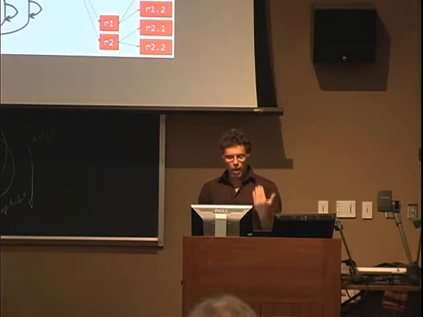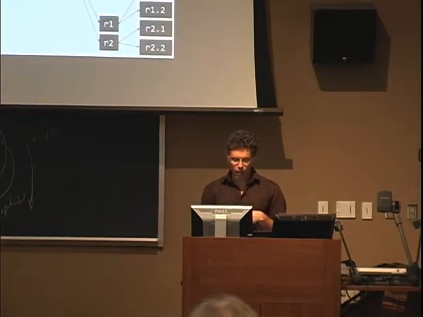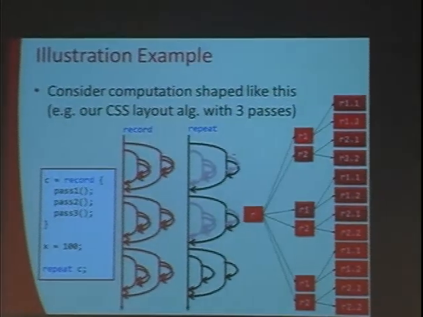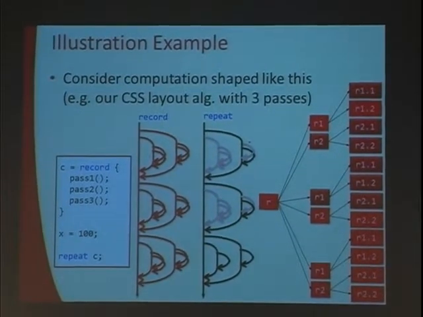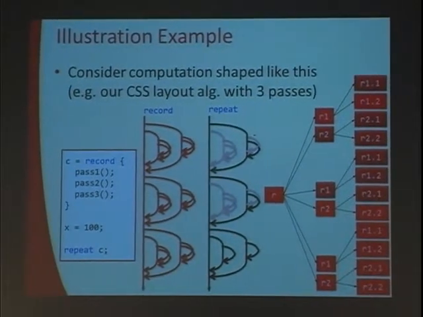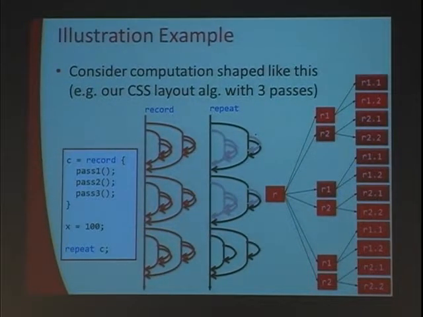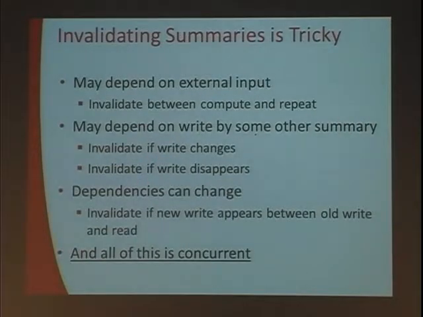Then perhaps that second invalidated summary affects many things, and then we have to re-execute the third phase totally. But there we're going to re-execute in parallel because underlying our computation is parallel. So again, if there are small changes to the input, our dependence-based invalidation scheme identifies it precisely, and we get the benefits of incrementality. If the dependence-based invalidation invalidates a lot of things, well, hopefully the parallelization will still help us there. Now, that all sounds great, but this invalidation is really tricky, and that's sort of the core problem that we address in the paper.